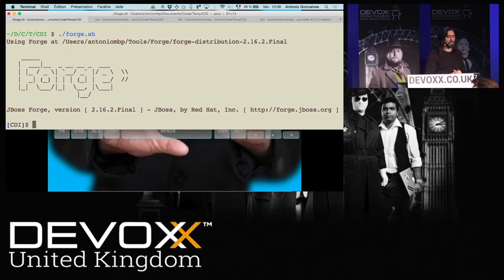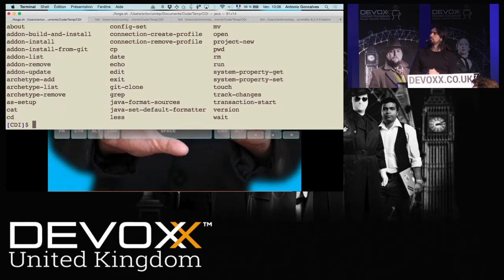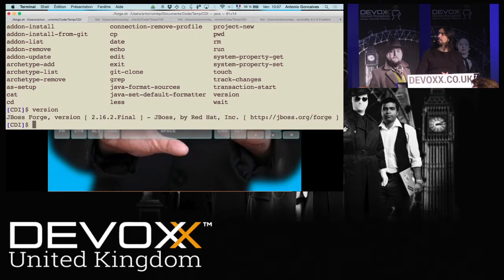So if I press tab, there's things happening. It tells you these are the commands. So if I type V and tab again, version, I press enter. Okay, so it's really a shell, what we are used to when we work on the Linux world.